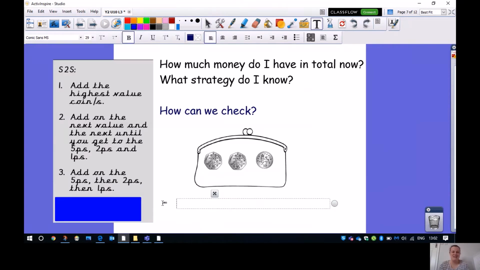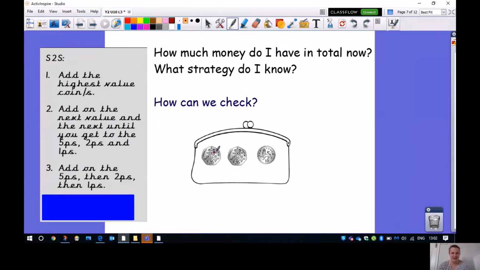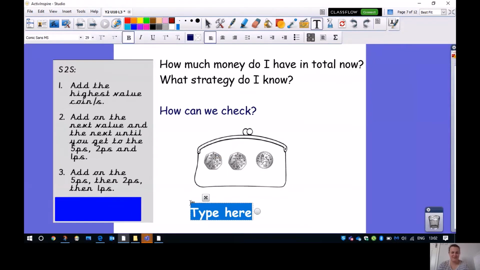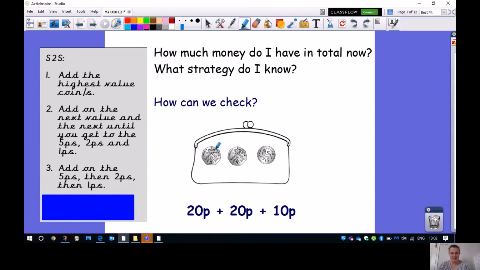Let's look at another one. How many do I have in total now? So the first thing I have to do is add the highest value coins, and I'm going to tick them off as I do it. So I've got a 20p, and a 10p. And they are all the coins that I've got here. So I've got a 20p, a 20p, and a 10p. Right, if I know, then I know. And I'm going to use this strategy to add on to the next value until I get down to the